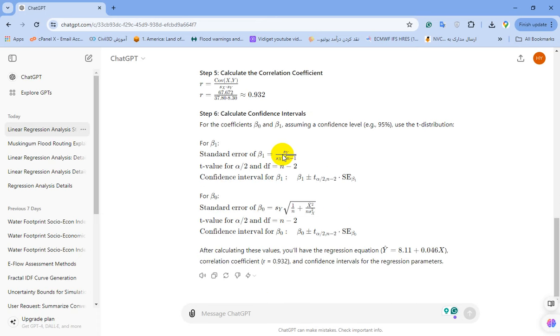And also it calculates the confidence interval for coefficient of beta 1 and beta 0 using these formulas. And this is all steps required for linear regression. And also you can ask ChatGPT to give you a Python code to better plot and calculate the processes. So here I want ChatGPT to give me a Python code